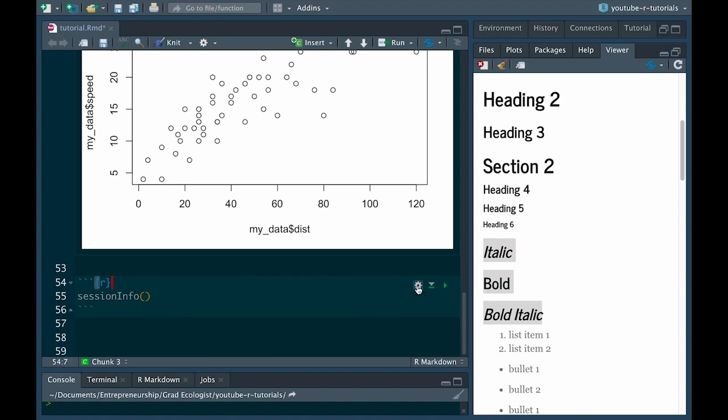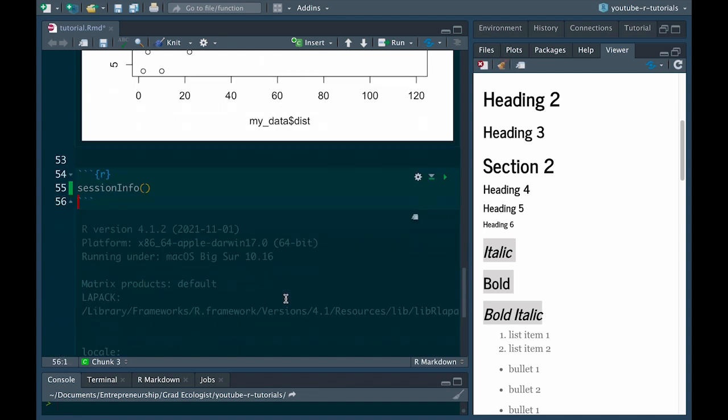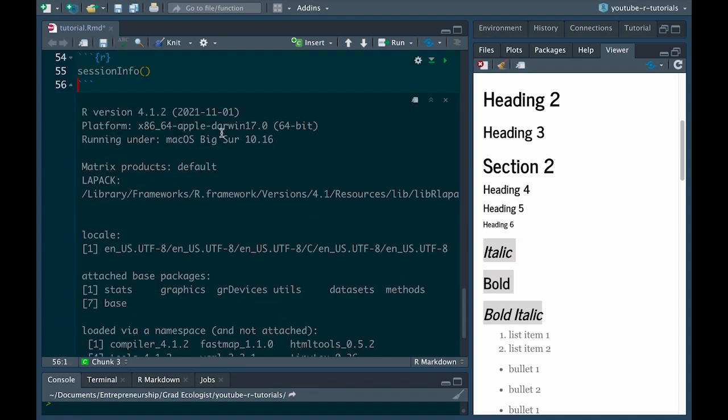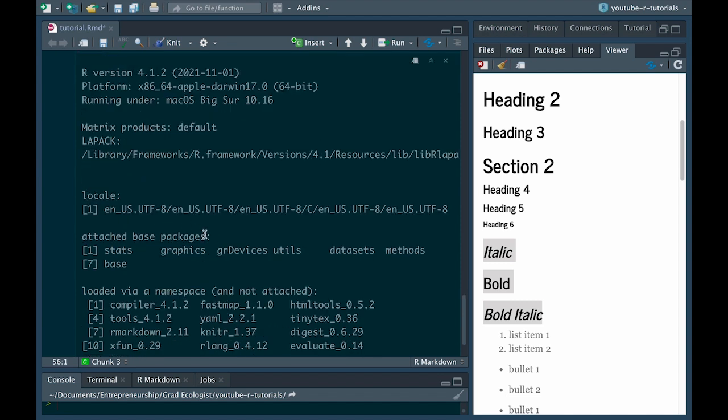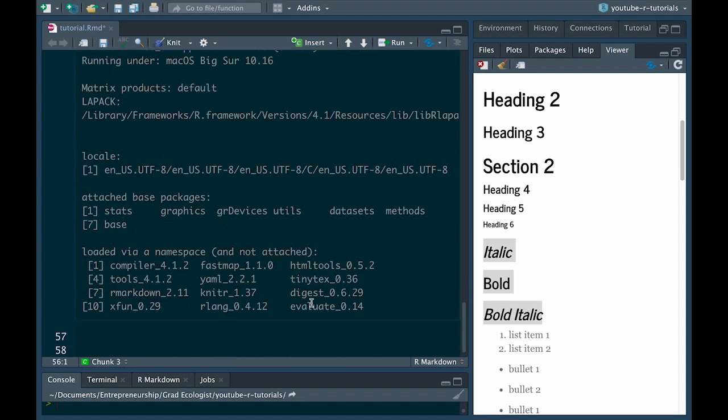So if we run this, we get this output that shows us the version of R that we're working with, the platform. I'm using an Apple computer, running Mac OS Big Sur, and then a bunch of other information about the packages that I have installed and that I'm using.